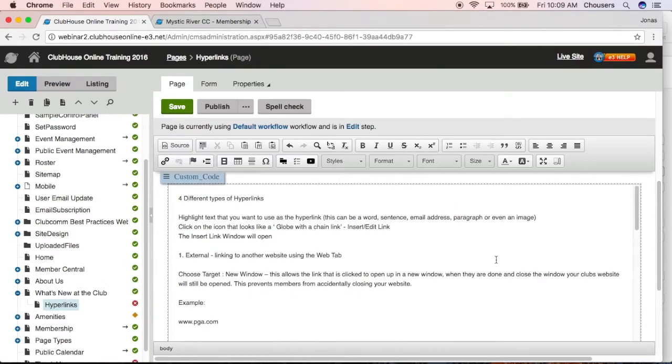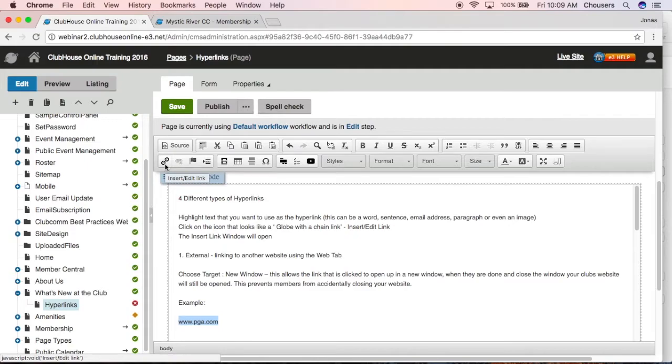First, we're going to start off with an external hyperlink. So for example, maybe you want to have a link where if your target audience clicks on that, they're going to be taken to an external web page. To start, we're going to highlight the text that we want to use as a hyperlink, and in the far bottom left-hand corner of your content editor, you're going to look for the little chain link icon